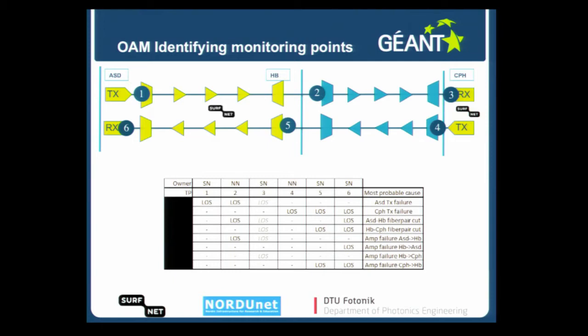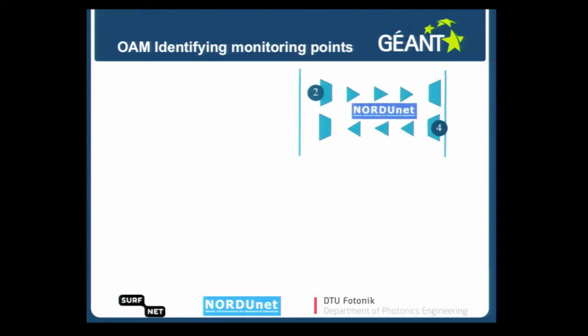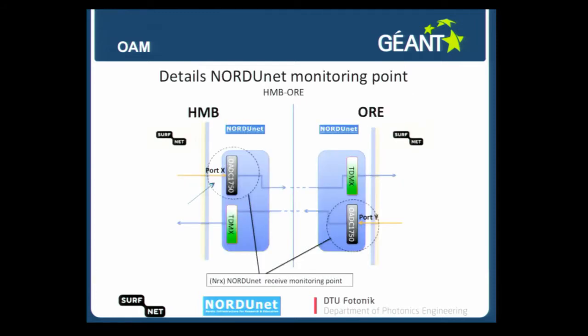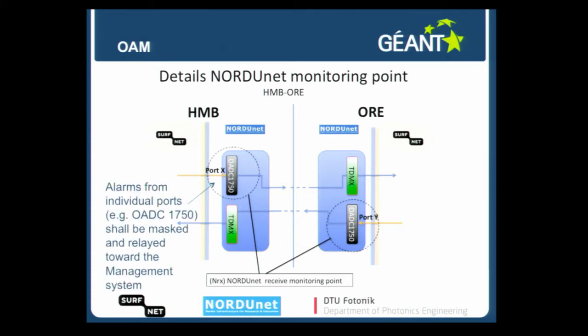If we look at the Nordinet part, which is the one here, this has been implemented already now, so we have already made these 2 monitoring points, and the way we do it is that we actually just mask these optical add-drop couplers here. We define it as a monitoring receive point, but basically what it does is that there will be an alarm sent back on exactly that port, which is then later on mapped into that exact service, which is in the